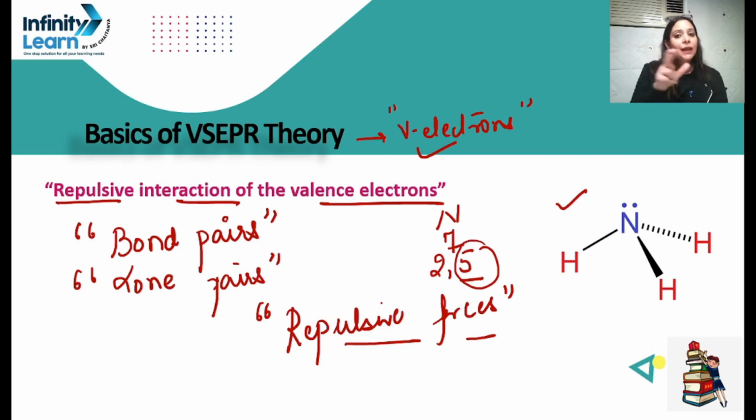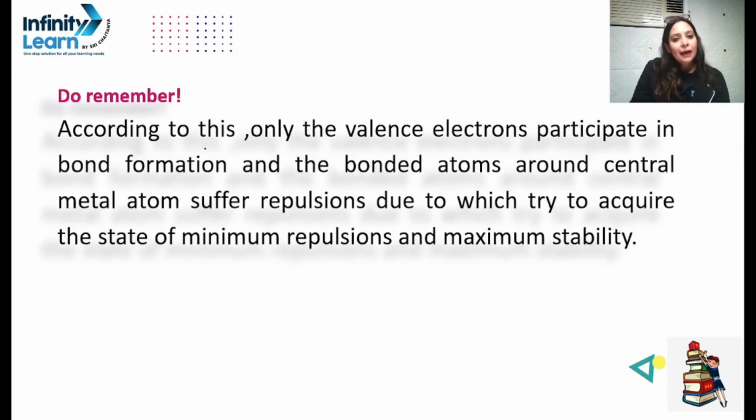So this whole thing that we have discussed forms the basis of VSEPR theory. I hope you got it. I'll repeat once again. Valence electrons participate in the bond formation. All the valence electrons are negative, they have a negative cloud, whether they are bond pairs or lone pairs. So they tend to repel the incoming electrons. Those repulsive forces will increase the energy, and the molecule will tend to occupy a state of less stability and more energy. So if somebody asks you on what basis the VSEPR theory is formulated,